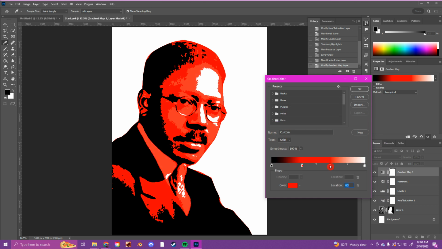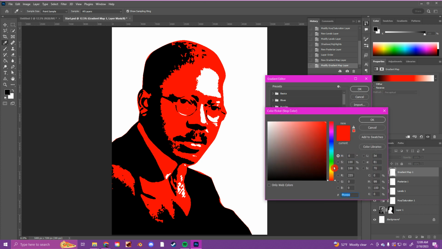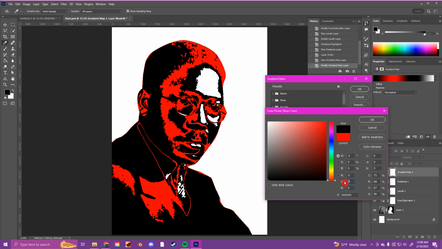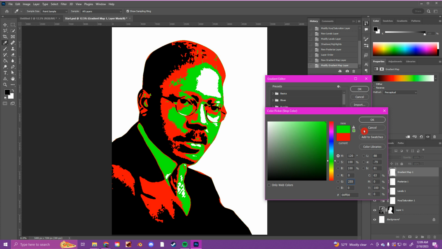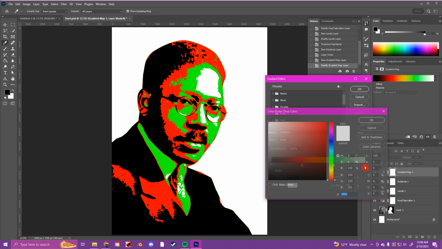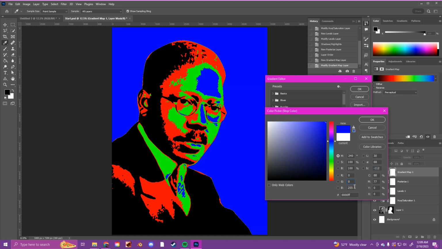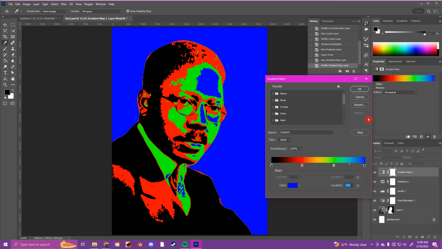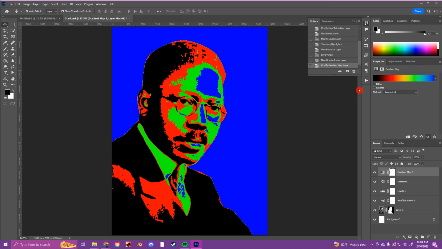Left click somewhere here to add another color, and this one should be at location 67. Double click in here. We're changing this one to pure green, so 0 on the red, 255 in green, and then OK. And then the last one in white, double click on it to change it to pure blue, so 0 for red, 0 for green, 255 for blue. So you'll hit OK for this part. And then we'll go ahead and start